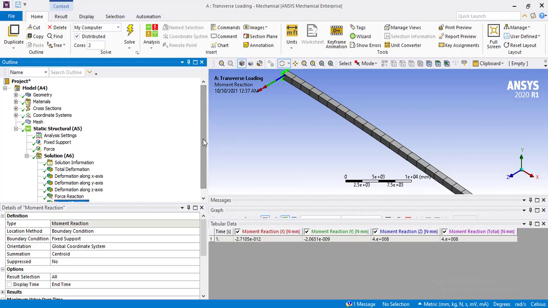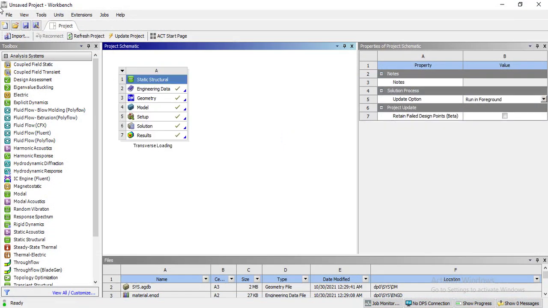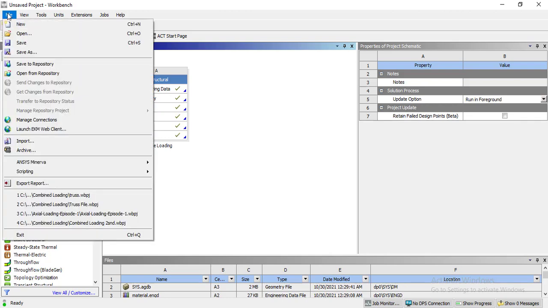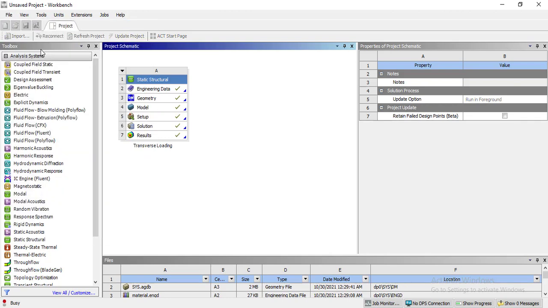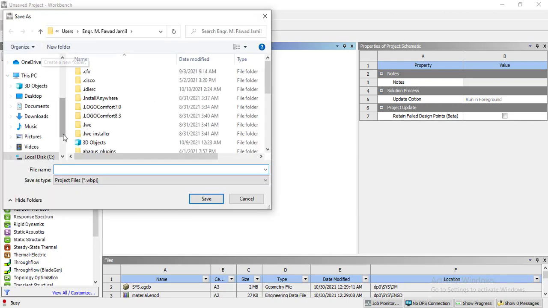You can save your model by closing this ANSYS mechanical window. Go to the workbench window, click the file button and save as. Save our model in any of these folders.